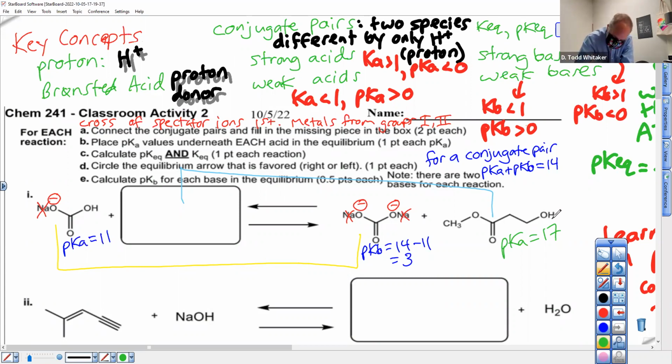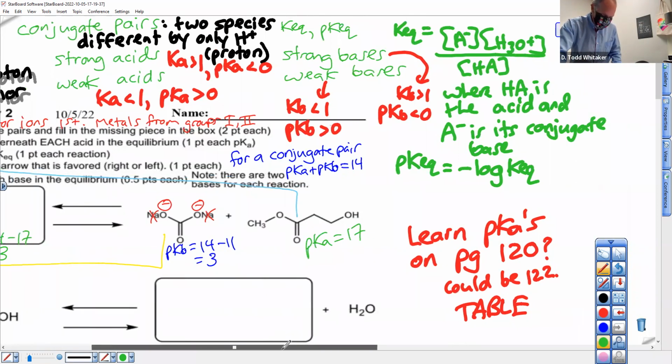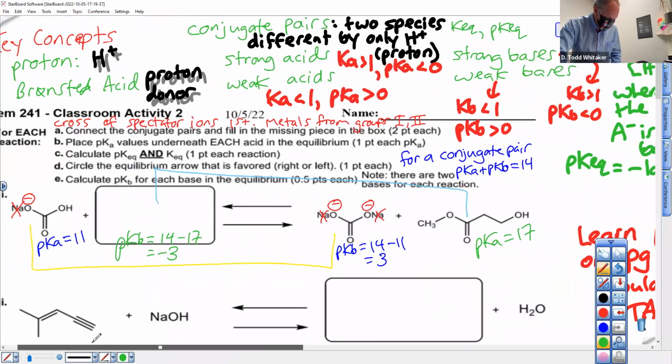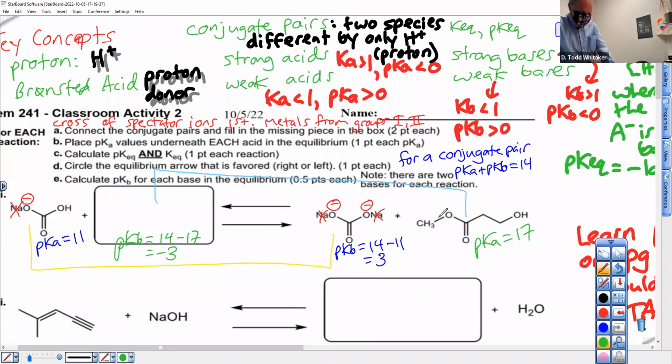So what's the pKb of the conjugate base? 14 minus 17 equals -3. That's a strong base. You know how I know? Strong base. pKb less than 0. This one here was a weak base. How do I know? Right here. It's above 0. So this equilibrium is probably going to go away from the more reactive base towards the less reactive base. The lower the number for any p, pKb or pKa,